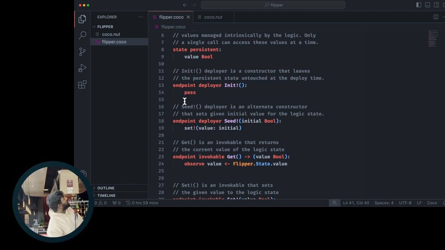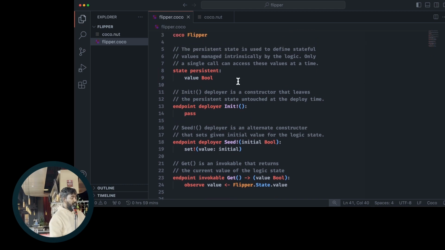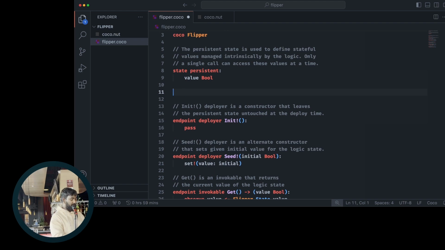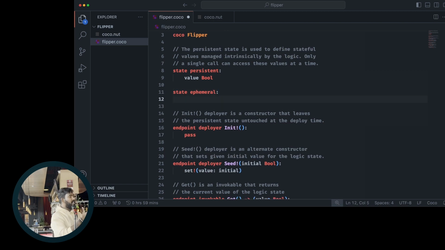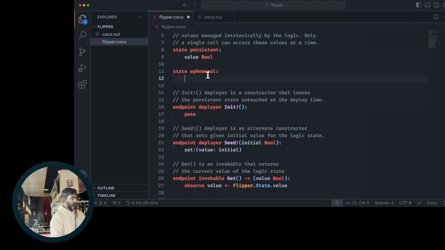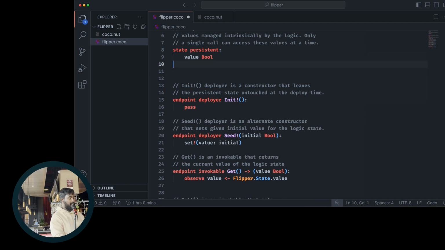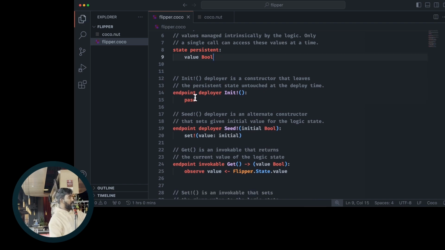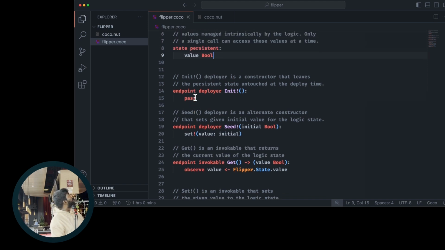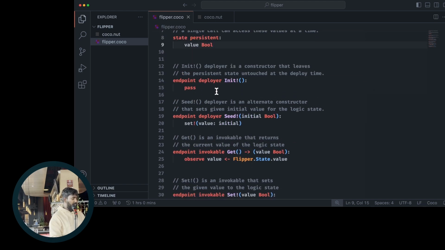Anyway, so the first thing we do here is we declare a persistent state, right? And if I want to declare an ephemeral state that lives on the participant, it would work the same way. All I'd have to do is specify ephemeral and then have a whole structure of values there, right? But obviously today Coco doesn't support ephemeral programming, so that's coming in the new testnet. But let's say I have a persistent state, this is a Flipper contract, it just has a value, which is a Boolean, simple. And this endpoint deployer. So in Coco, when you're talking about functions which can be called externally, instead of calling them pub-func, you would just use endpoint deployer, which specifies that this is a callable endpoint and it has a deployer nature, right?